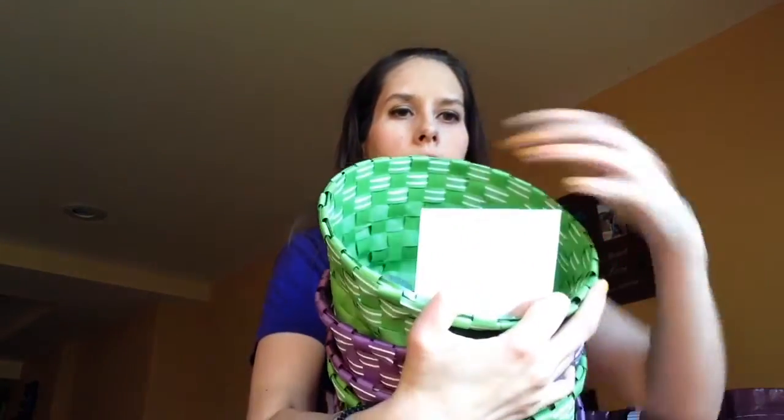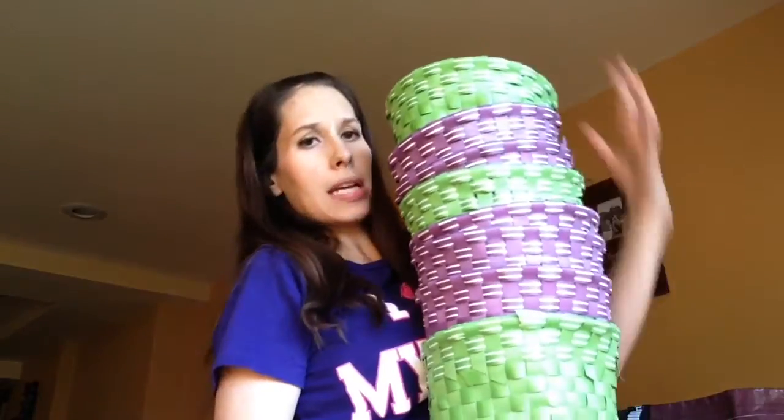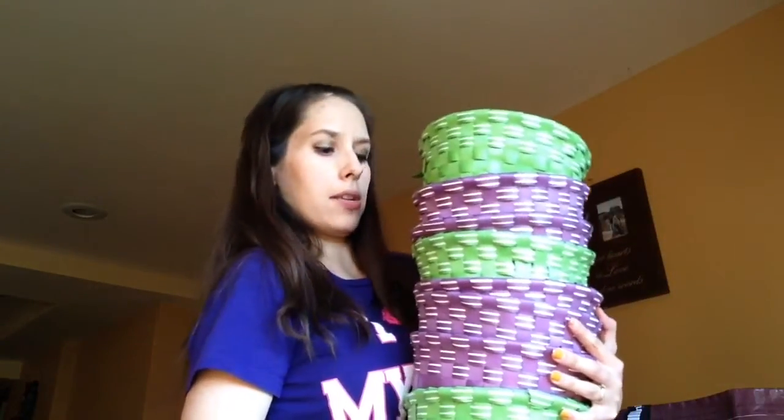These bins I got from the dollar store. I don't know if they still have them. It was a while ago. But I've got the card and the testers in each basket. So there's already testers in all of these. They're already sorted. So it takes up a bit more space than carrying them in your tester box or your Let's Party box, but all I have to do is go, here guys,